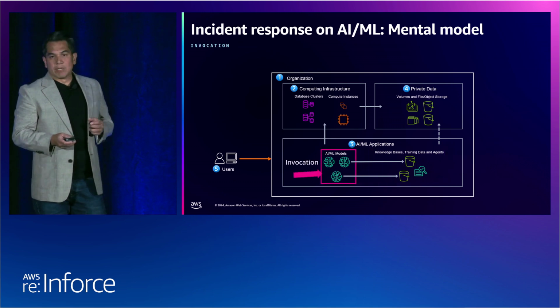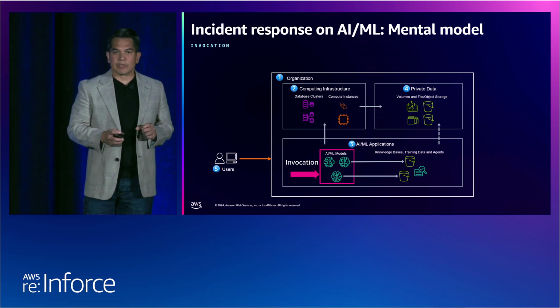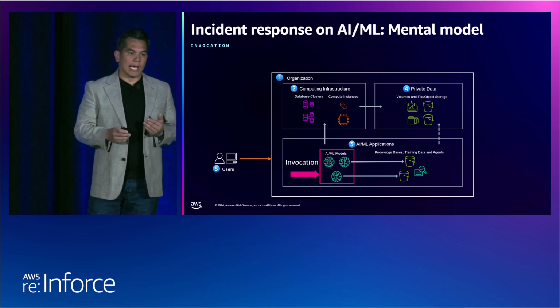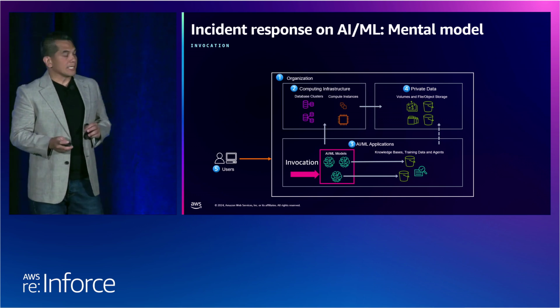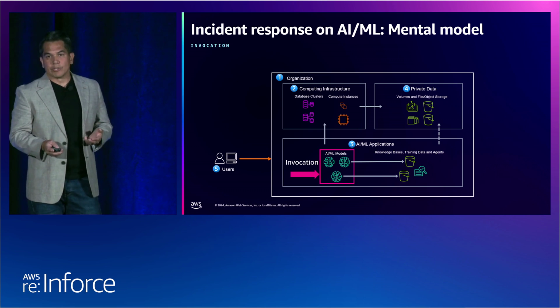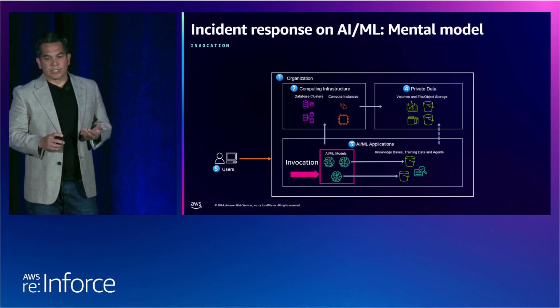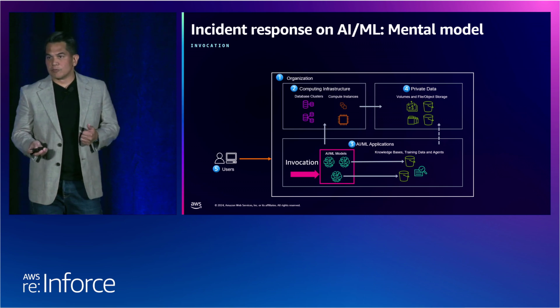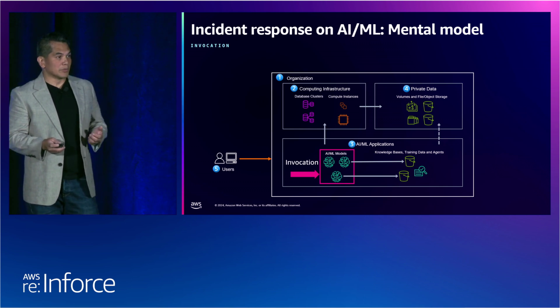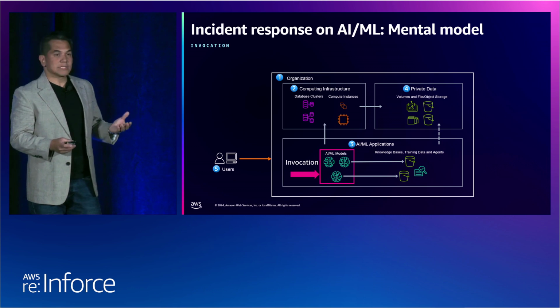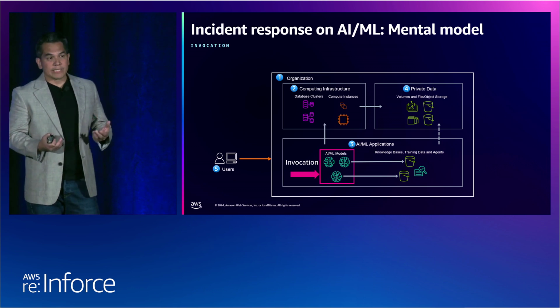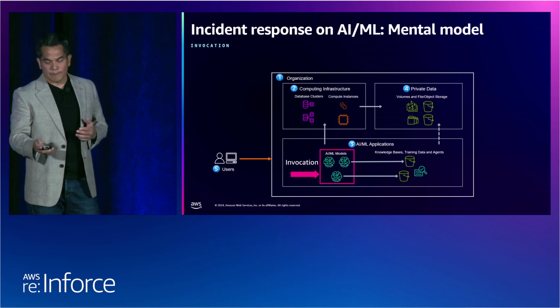Now, as part of the AI ML application, there's invocation. And this, I think, requires a special mention, because when you're talking about AI ML applications and workloads, they primarily work on prompts and responses, right? So that's why the invocation element of the AI ML model is so important, because this will actually determine what data, what strings or files were sent as input to the model, and it will also log any prompts and responses. So if the threat actor is attempting to perform prompt injection, you'll actually capture that with model invocation logging.